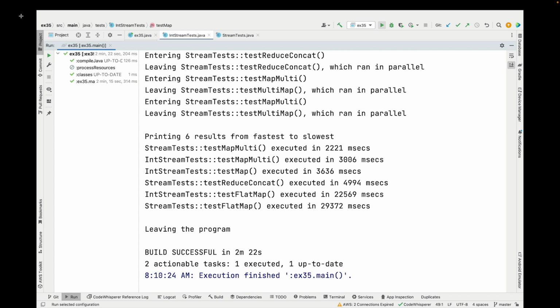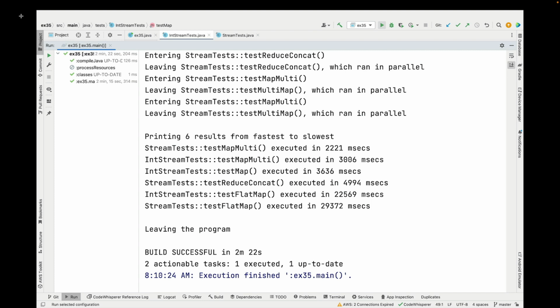So the good news is, at this point, you now have knowledge of why flatMap can be deficient. But if you need the kinds of things that flatMap is doing, which is basically flattening out nesting of streams, which we don't want, then you now know 2 ways to solve that, using either map and reduce with Stream concat, or by using mapMulti. And the mapMulti approach works quite well. And that was neat, because I didn't know much about mapMulti till I ran these tests and then realized that it was working quite well and was